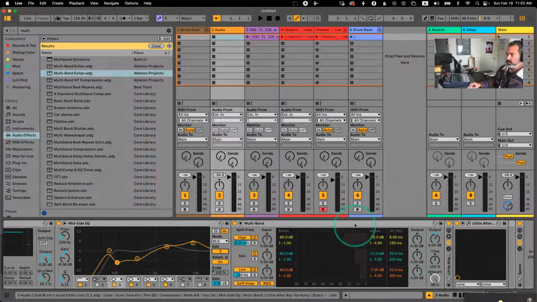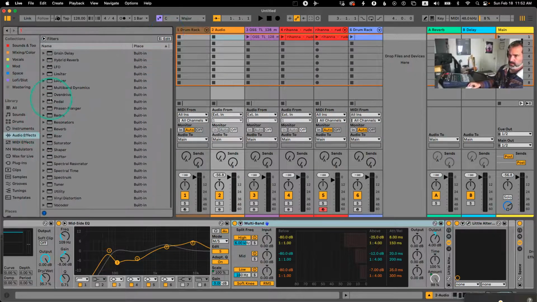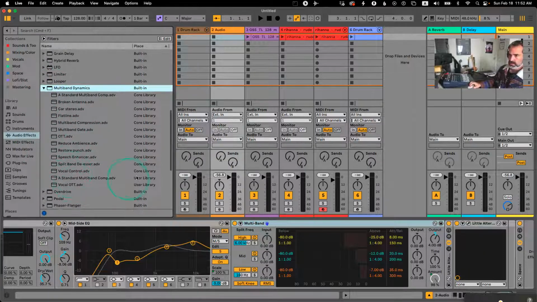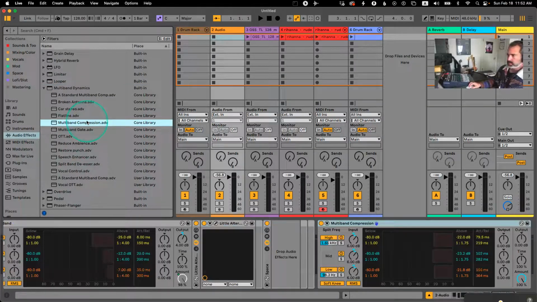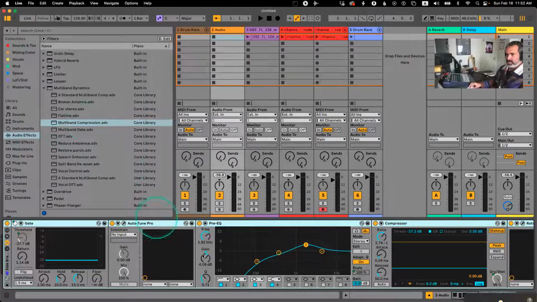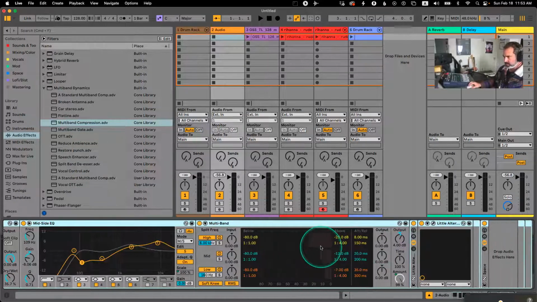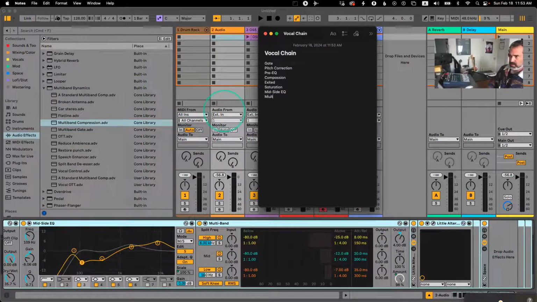Nice. Multiband compression, I'm pretty sure this is a preset of some sort. I'm pretty sure there's a preset called multiband compression under the multiband dynamics. Is it? No, it's not this one. Maybe I made that. No, I didn't. Maybe I just updated it or something. But that's a preset of some multiband